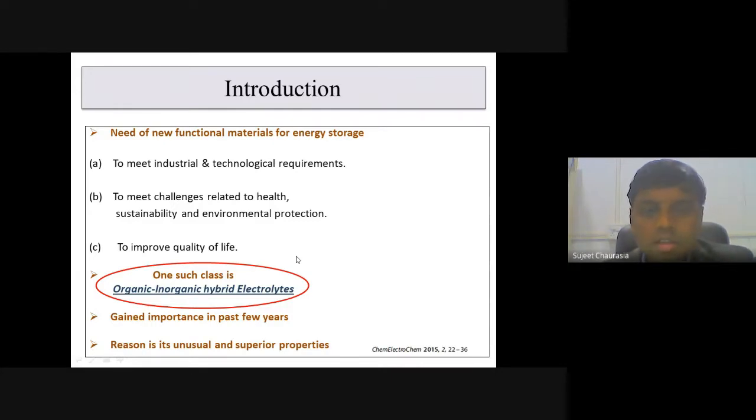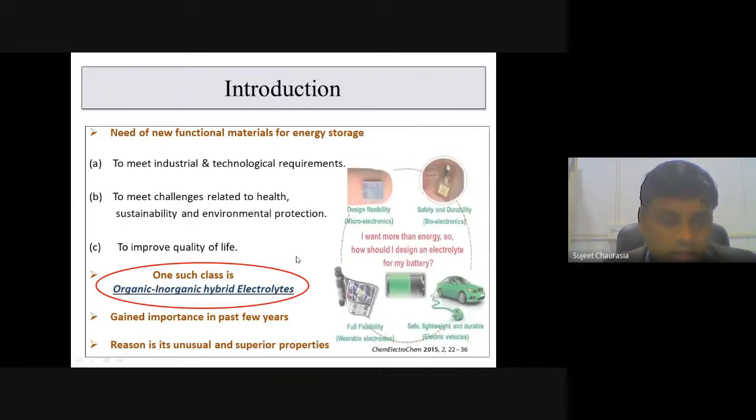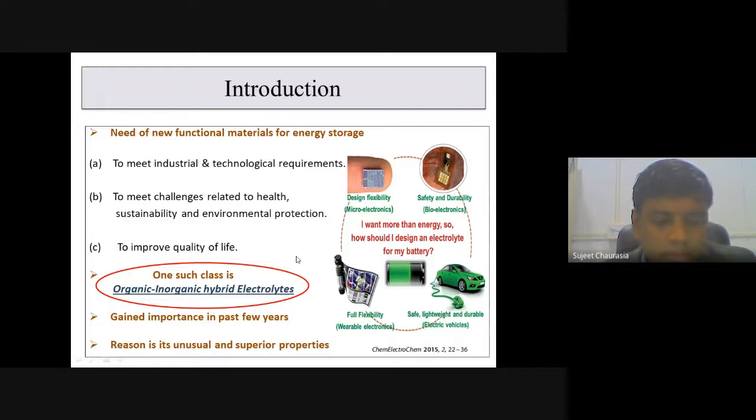Now in the introductory part I will discuss why we need a new functional material. As we know, in the 21st century energy generation and its utilization is probably one of the most important issues for current scientific research worldwide. Electrochemical energy storage and conversion devices play a very vital role in various types of energy storage technology. They can be used from batteries to supercapacitors, electrochromic display devices, solar cells to hybrid electric vehicles, and the performance of these devices